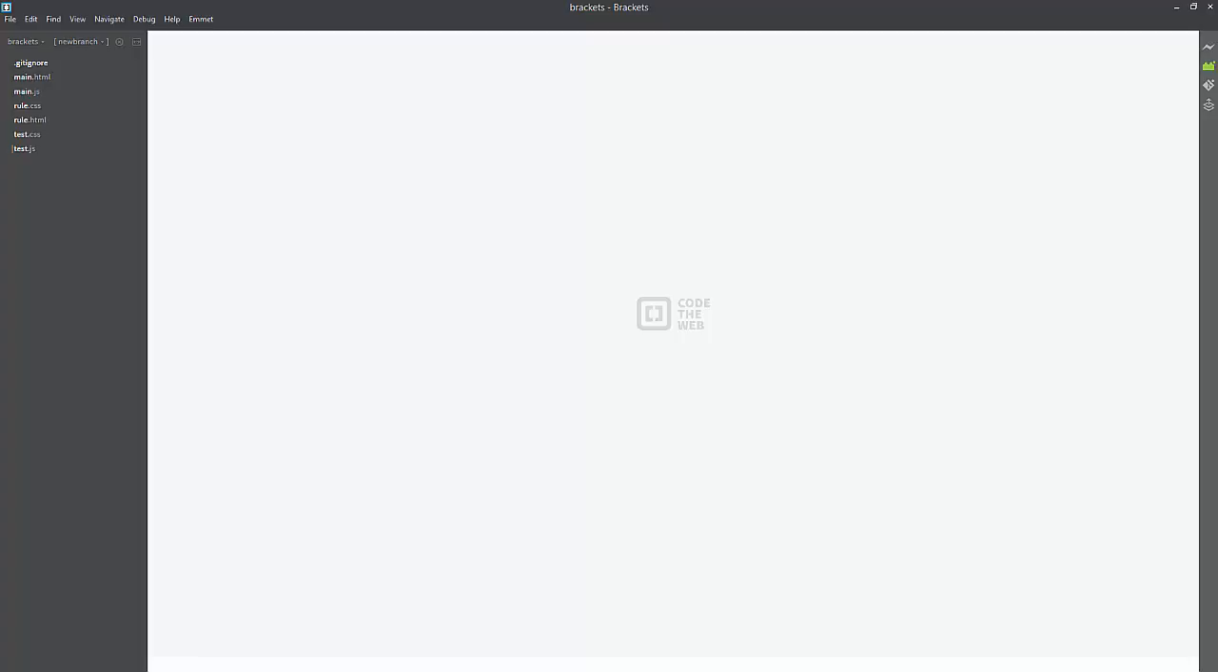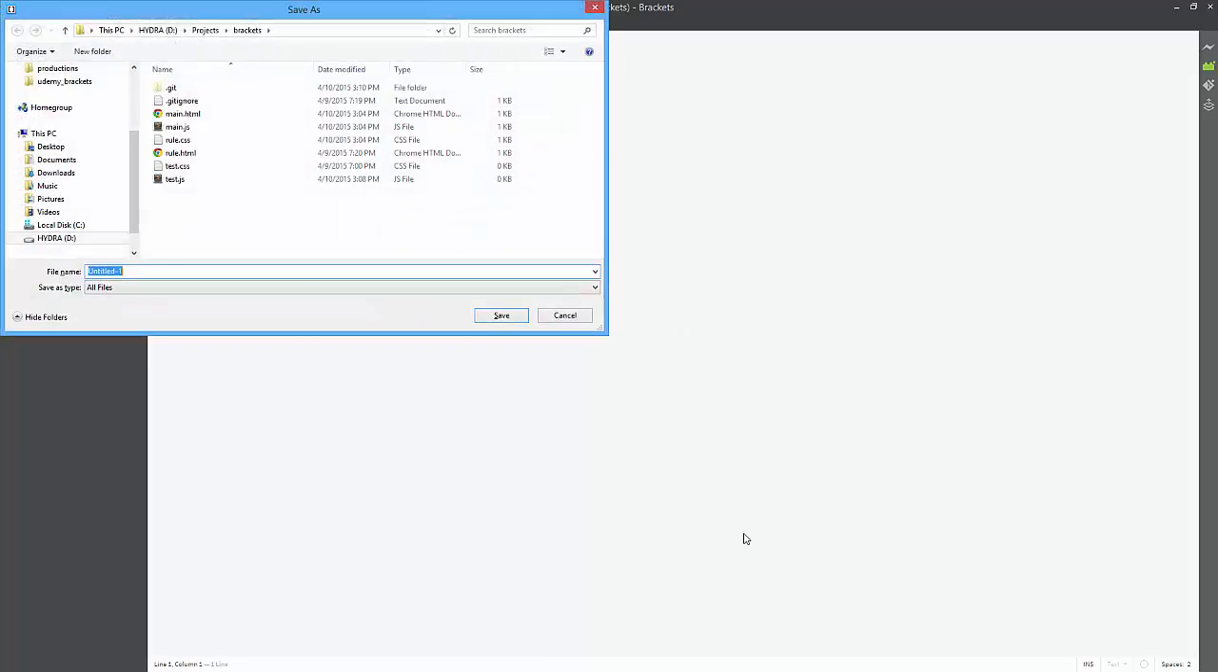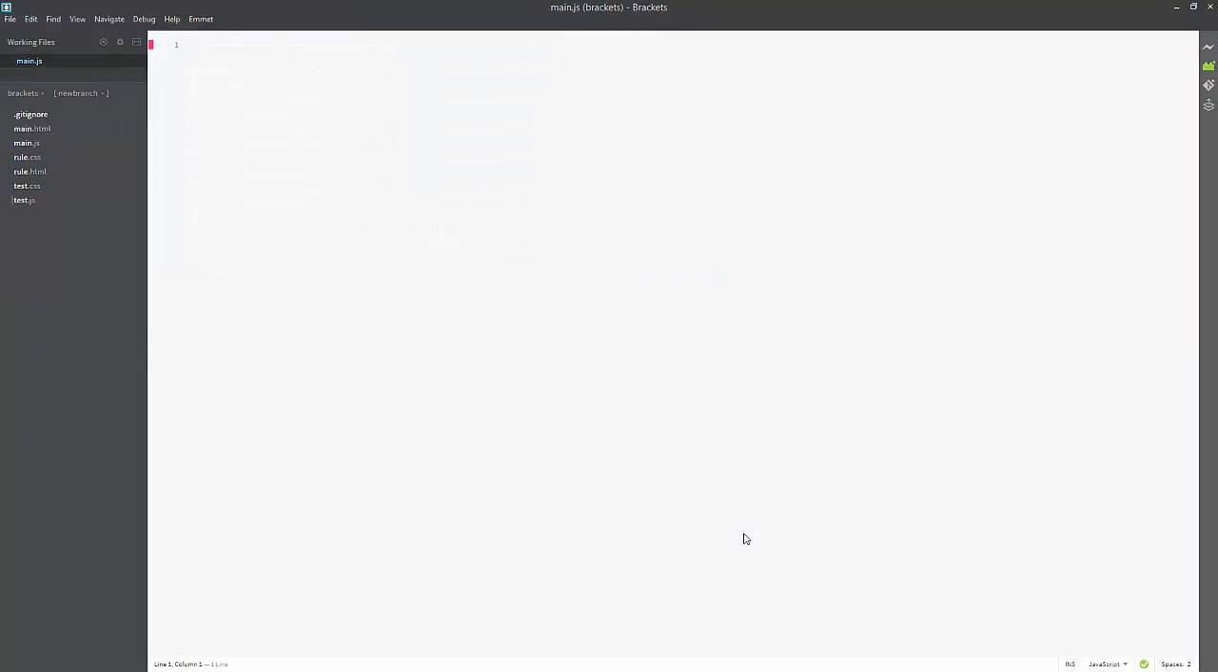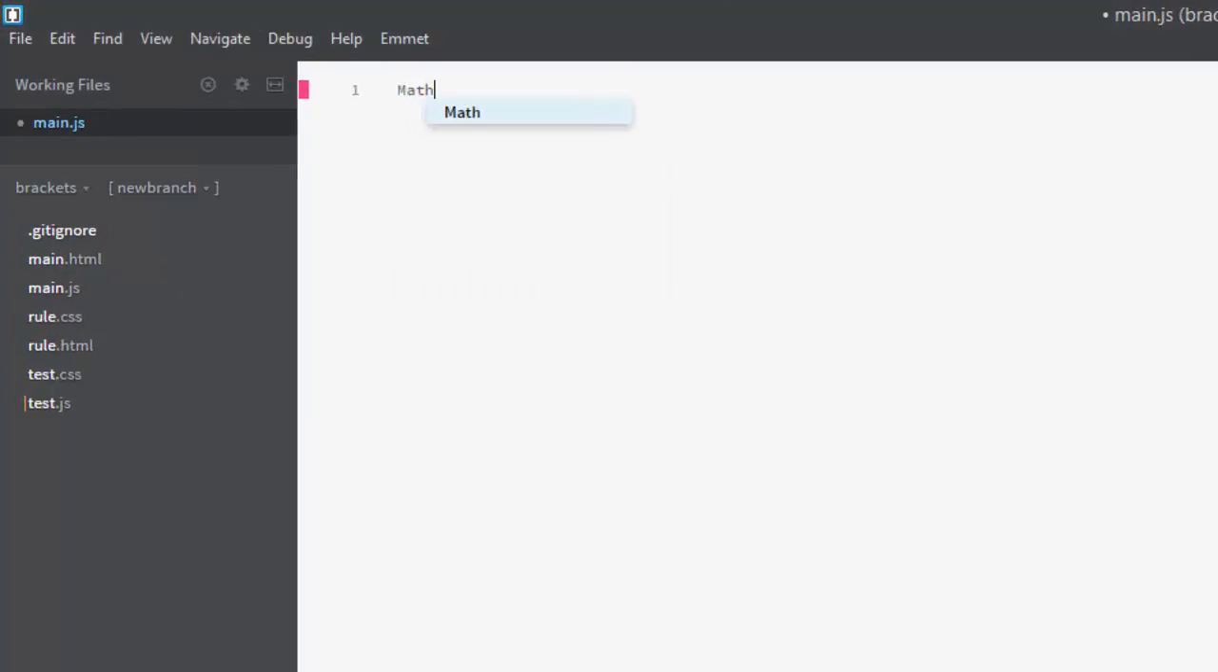Let's have a look. Create a new file and save it. We're going to call it main.js. It's important that we name this file a JavaScript file, because this will give us access to JavaScript code completion. Now, type Math dot. You will see a drop-down menu containing all the built-in math functions that are available in